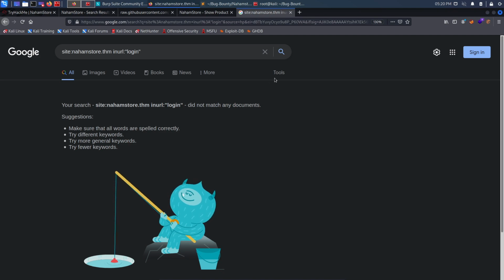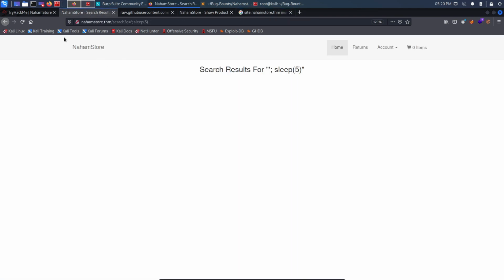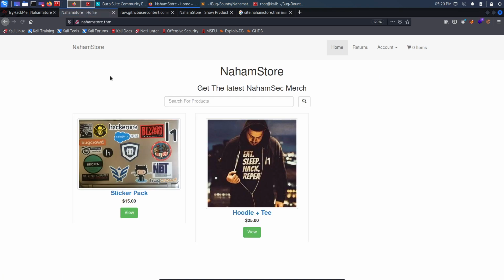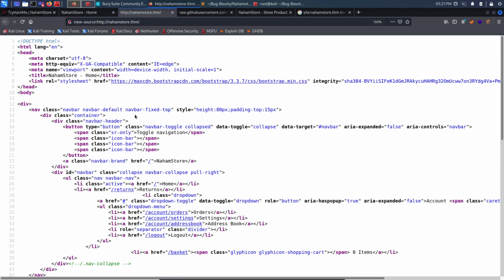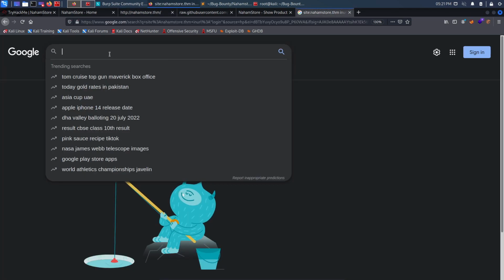The other powerful thing is Shodan, and Shodan is extremely powerful. I will not open Shodan right here, but let me show you. If I go to my home page, you can see that my title is nahamstore-home. If I view the page source, somewhere there will be a title tag, and you can see nahamstore-home. So you can go to Shodan, and in Shodan you can do